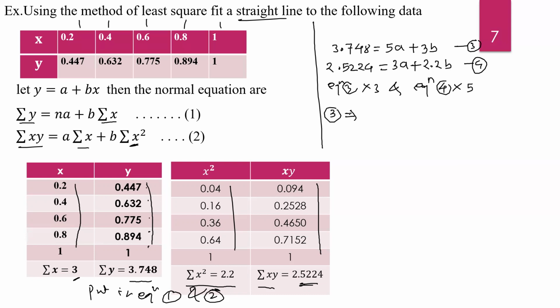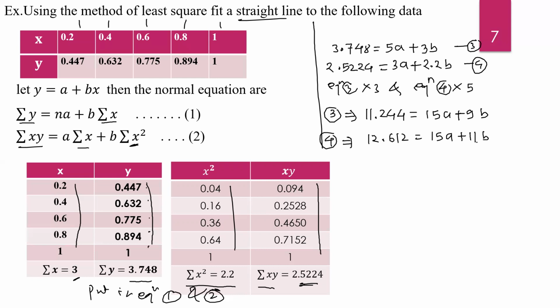Equation 3: 3.748 into 3, that is 11.244, is equal to 5 into 3, 15a, plus 9b, since 3 into 3 is 9. Now equation 4 we multiplied by 5. Now 5 into 2.5224, so we get 12.612 is equal to 5 into 3, that is 15a, and 5 into 2.2, so we get